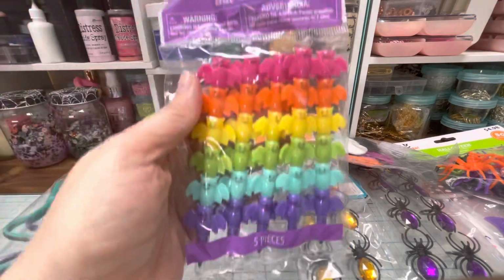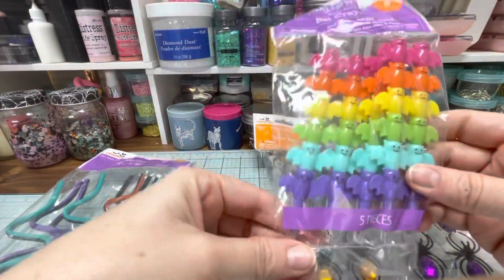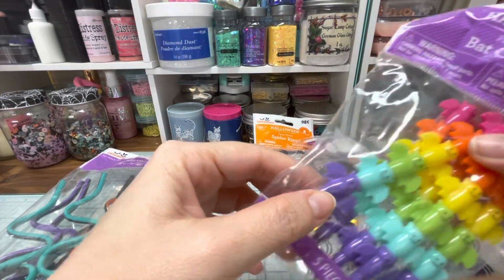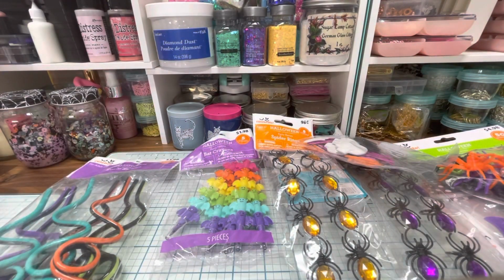These are crayons. And so each one is a different color of a crayon. It's so cute. So look at that. There's purple and then the blue and everything. That's so fun. Those were $1.98. And then they had these in that section. These will probably go in Happy Mail. And these,